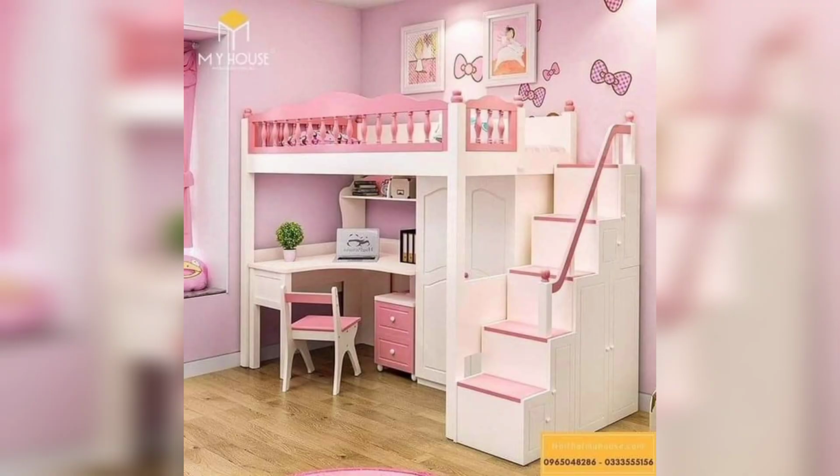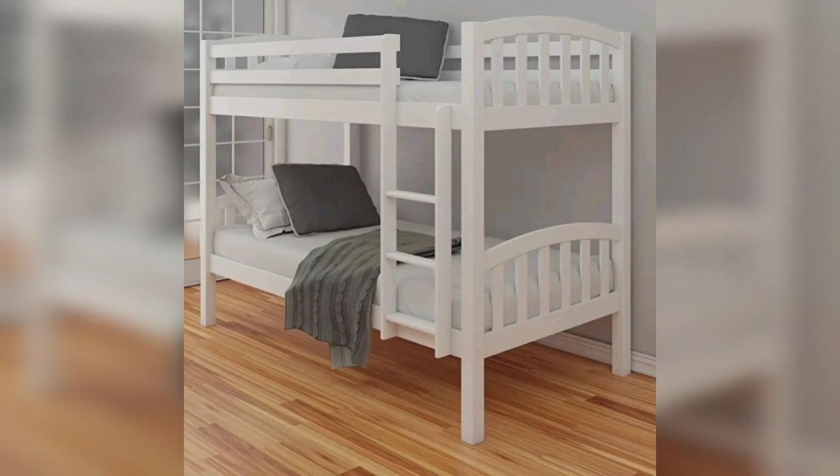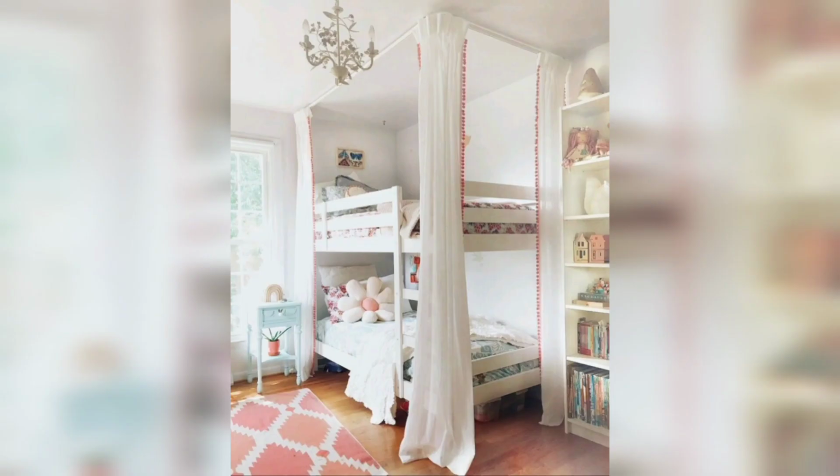Today I tried to collect some home decor items for a kids room, and this is for a girls room. We tried to collect items that are unique in their design and in their decorating theme. So I tried to bring a unique and beautiful collection, and some of the beds are with the theme